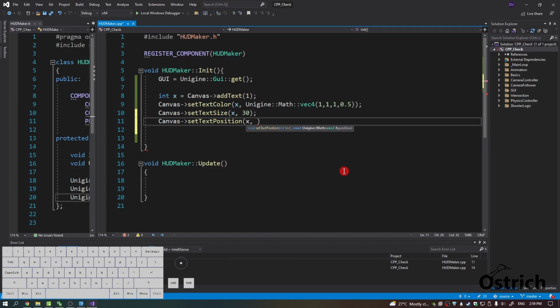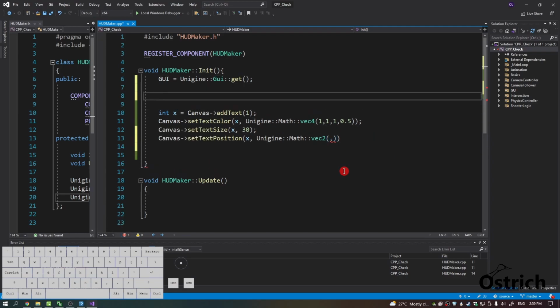So we're going to do Unigine math vector 2, and now we have the choice of using numbers X and Y, the width and the height. We have two choices. We can either write or hard code the positions, which I would not recommend, because if you had to change resolutions, you're gonna have to recalculate those. Or we can do it procedurally by just, let's say, width